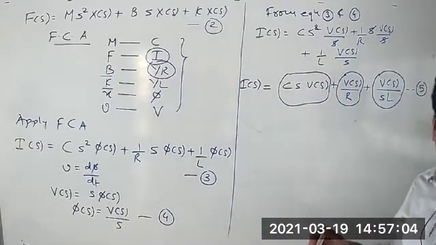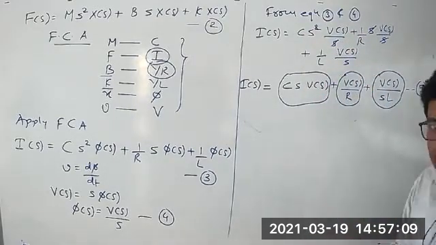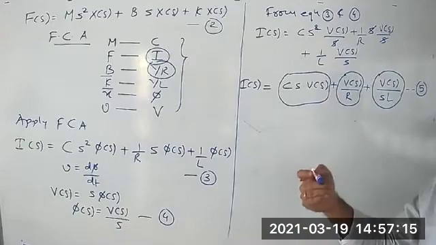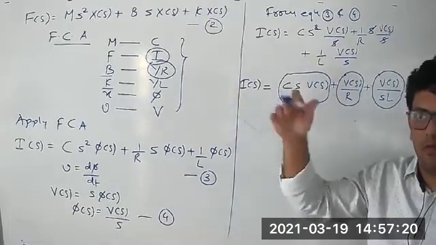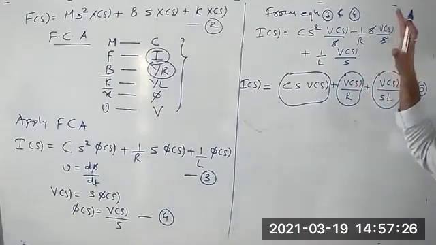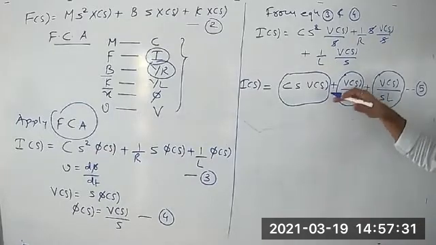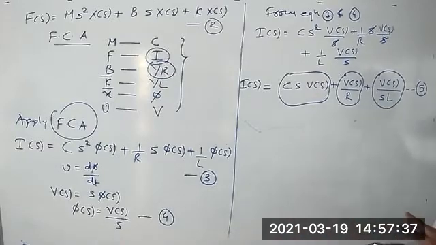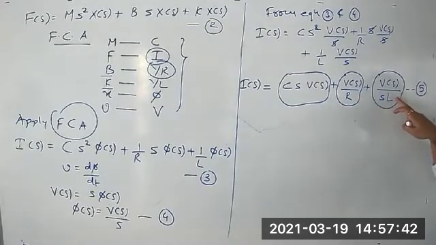So from the knowledge of our previous lecture, we know that the mechanical system which we are having consists of mass, damping coefficient, and spring constant. And if you draw the analogous system in the electrical domain, we are having 3 components in it: resistor, inductor and capacitor. In the same way, if you apply the force current analogy, again we are having the same output. That means if you draw the circuit diagram from this particular equation, in that circuit diagram we are having 3 components in it. First one is your capacitor, second one is nothing but resistor, and third one is nothing but inductor.